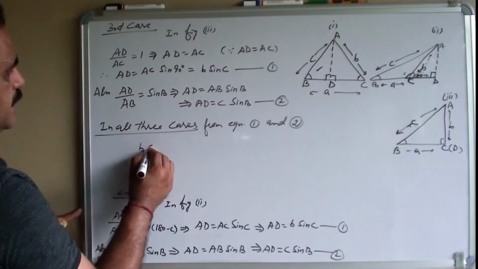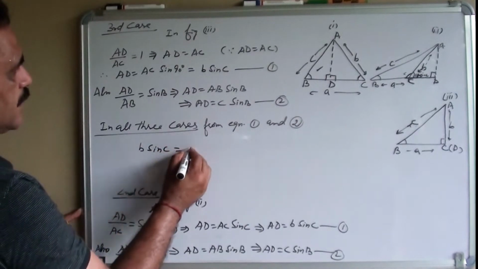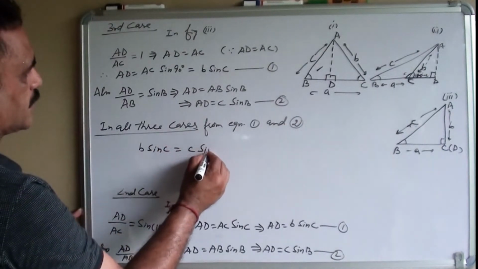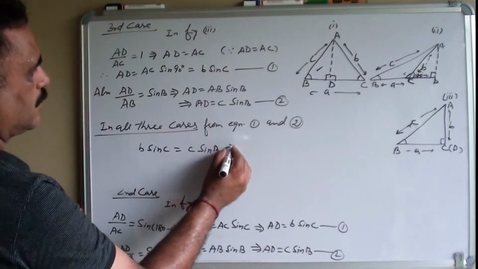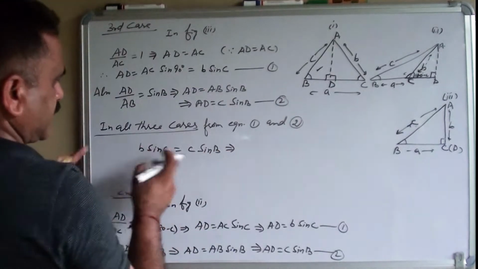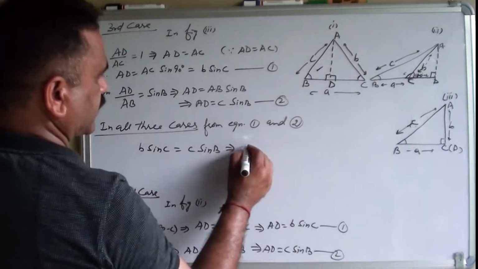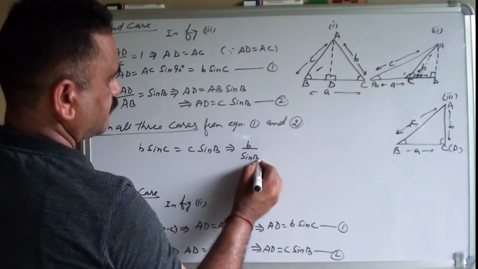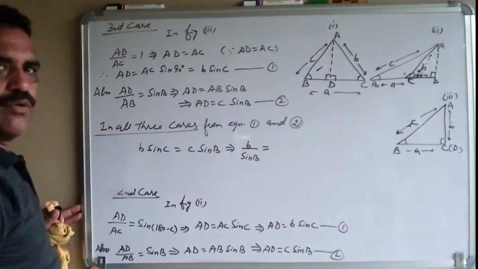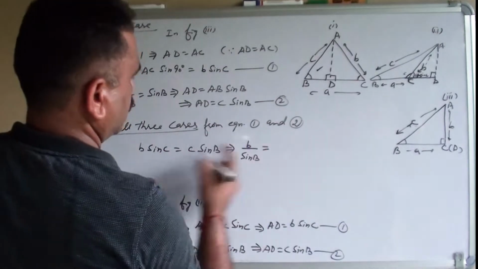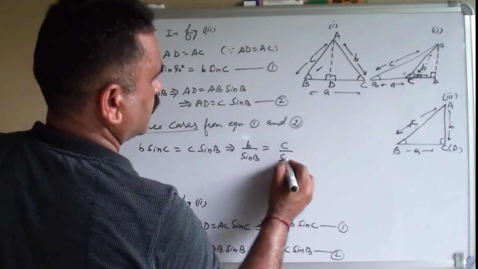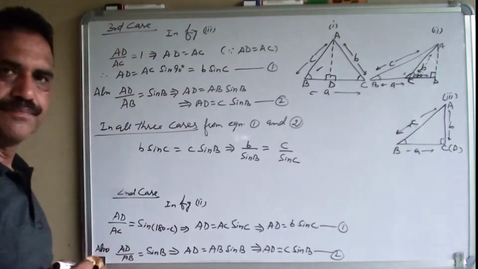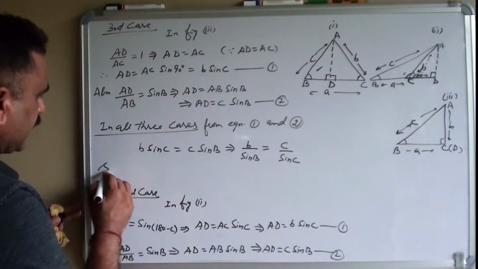So, B sine C is equal to C sine B. So, this implies, now we can make cross multiplication. B over sine B is equal to C upon sine C. Similarly,